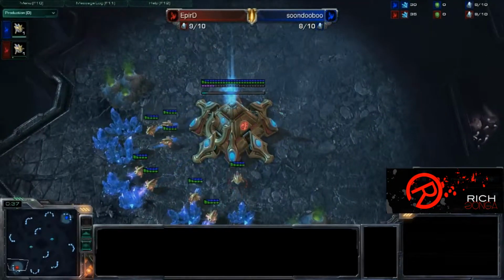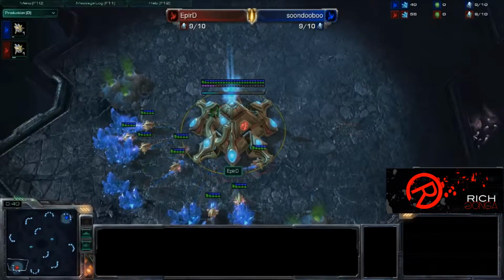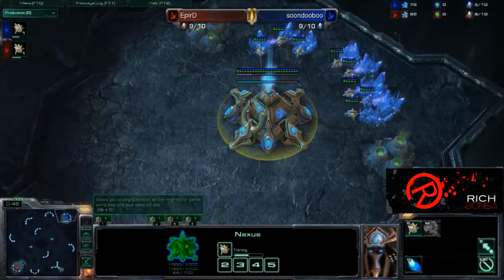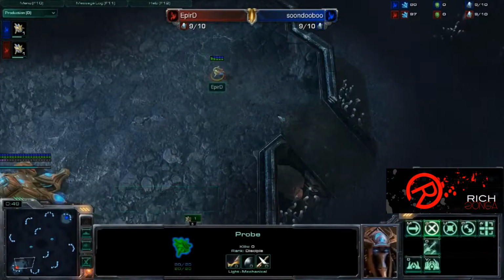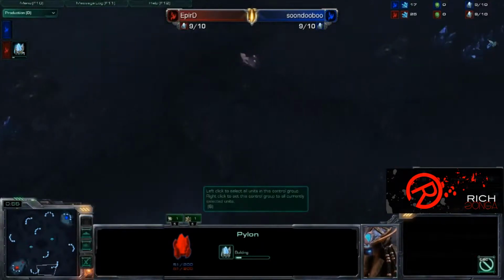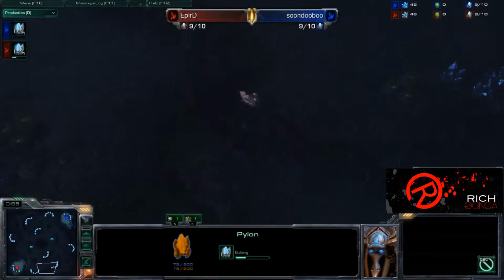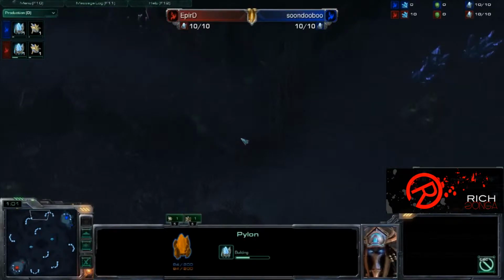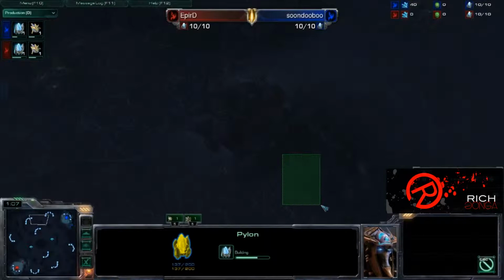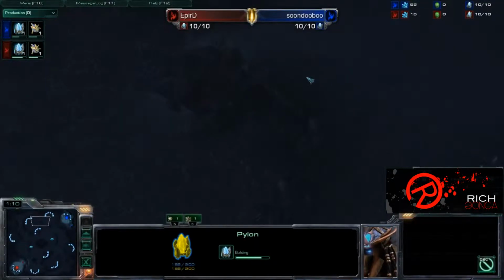Interesting matchup. Usually when you get a PvP, you do see a typical 4-gate come out of both. Not all the time, however. So we shall see how this plays off. EpirD looks like he's getting ready to throw his pylon now, which is exactly what he does. Back here, proxy pylons. A lot of times players might go ahead and scout that. Even at that, you can throw a proxy down here. And as long as you can get one unit up here to give you the vision, you can get that